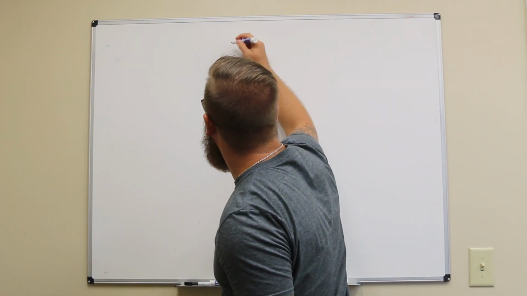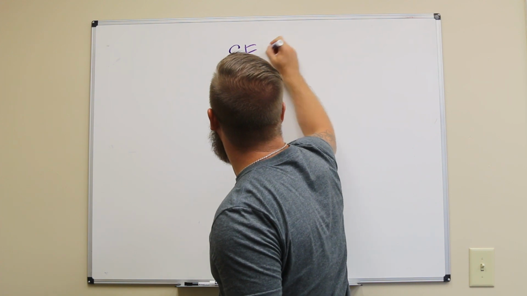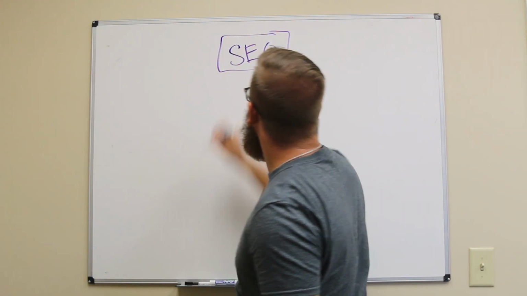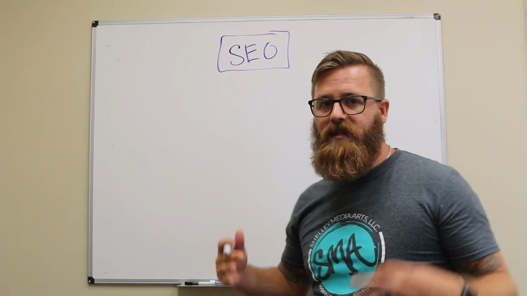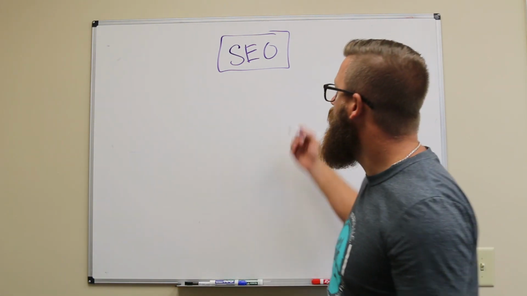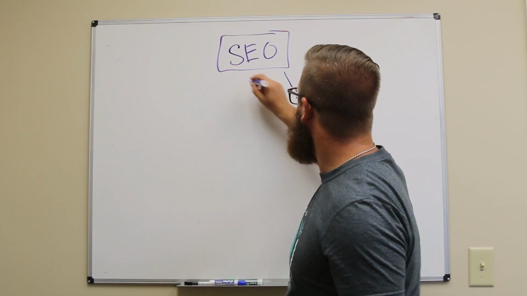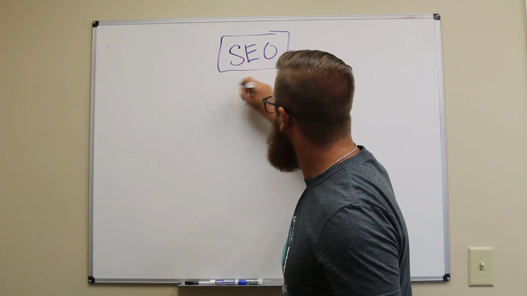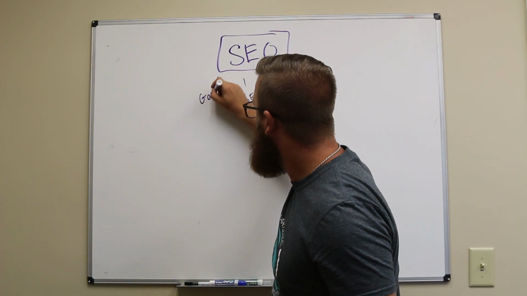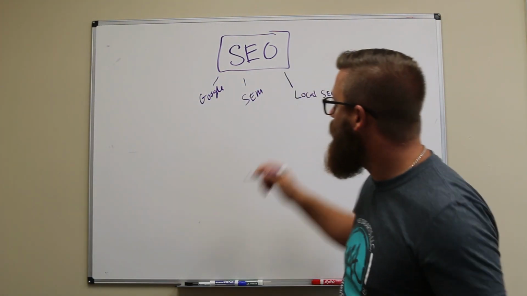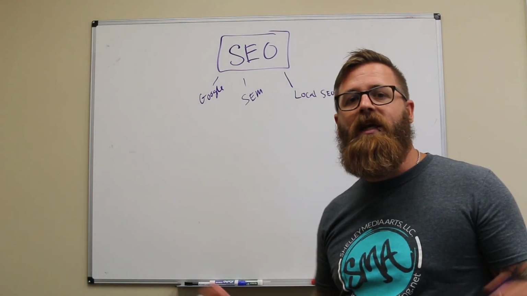Now, what's the difference between topics and keywords? So topics you can think of as kind of the meta category, the top category, the big thought, right? So we could have a topic like SEO. Now, this is our big idea. This is something that we want to be known for, something that we want to do. Underneath this, we're going to have things like local SEO, search marketing, and Google. These are all keywords and terms that are now related to this meta topic, this main topic.